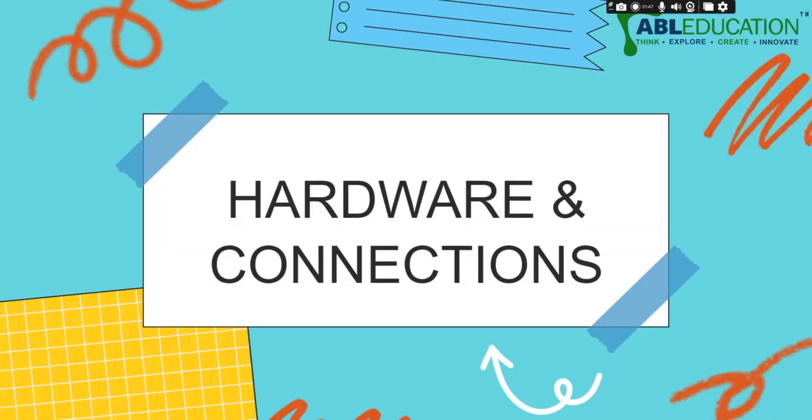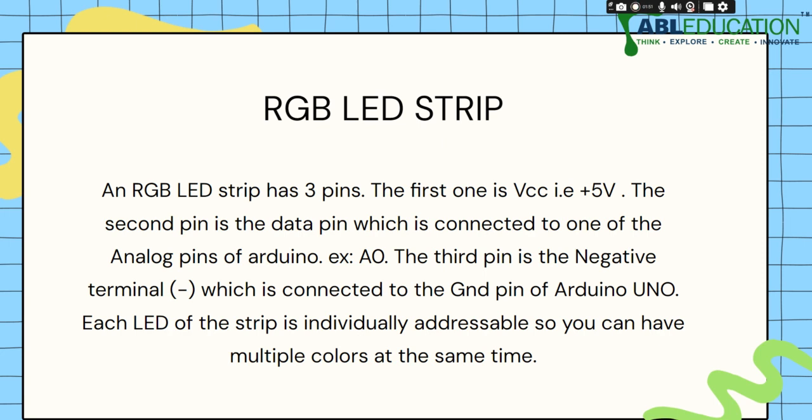Okay, so now we are moving on to the hardware and connections. So basically an RGB LED strip has three pins. The first one is the VCC. VCC is also known as the 5V pin. If it's a small RGB LED strip, 5V is sufficient, but in some cases if there are bigger strips, they might require 12V as well. So here we are using the one which requires 5V, so you just have to connect it